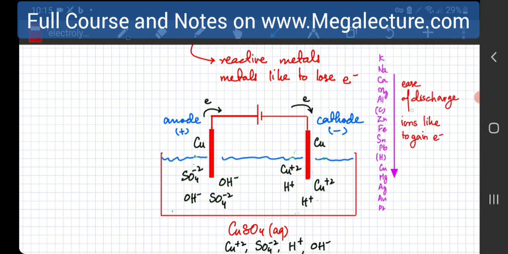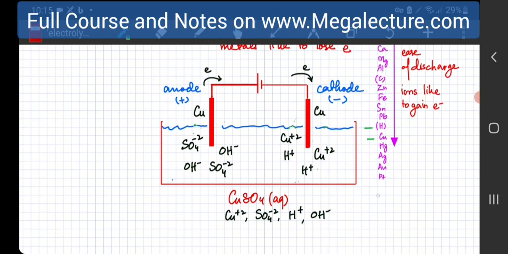So again, just a quick look at the ease of discharge series, the reactivity series, and you will notice that copper is over here, and you've got H over at the top. The unreactive metal and its ions are the ones that like to gain electrons. So it's copper that's going to gain electrons. I'm going to write the equation: my Cu ions would gain electrons, and they would become copper. And you'll notice a pink metallic